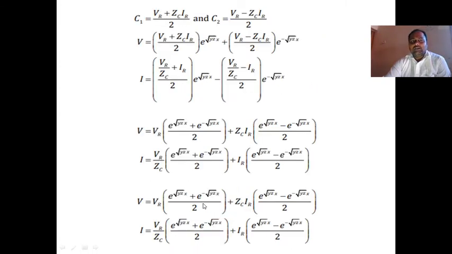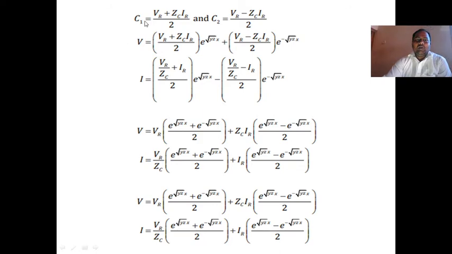Normally the characteristic impedance formula is ZC equal to root Z by Y, but we have root Y by Z, which is the opposite. So we take it as 1 by ZC. Finally we have two equations: VR is equal to C1 plus C2, and IR is equal to 1 by ZC into C1 minus C2. Add these two equations and we get the C1 value and also the C2 value.